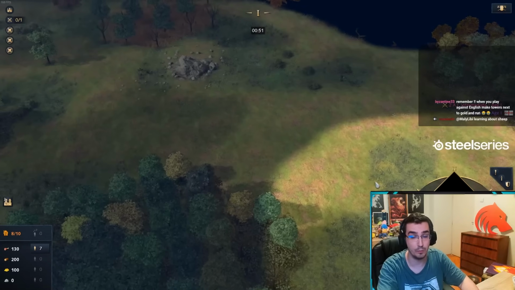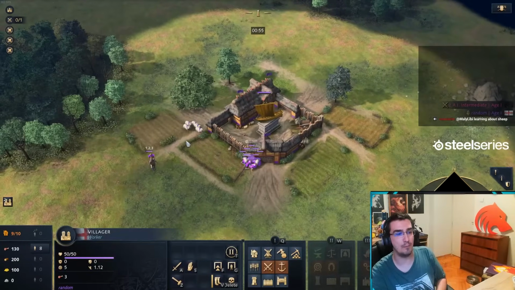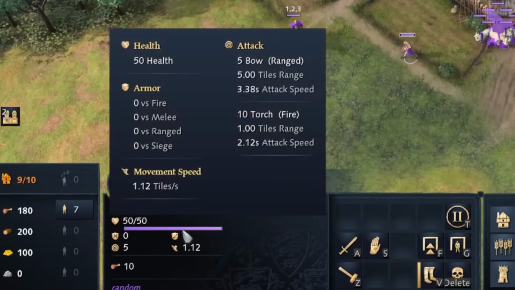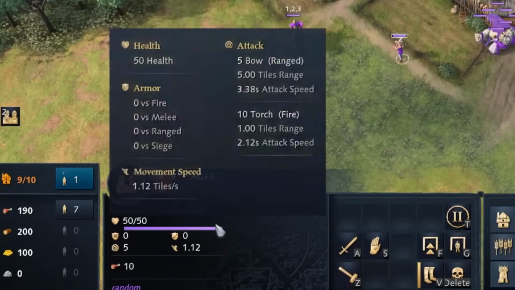Just don't do it from too far away so that your opponent doesn't yoink your stuff. Now, let's go over some more explanation regarding UI. Right here, if you mouse over the health area of any unit, doesn't matter if it's a scout or a